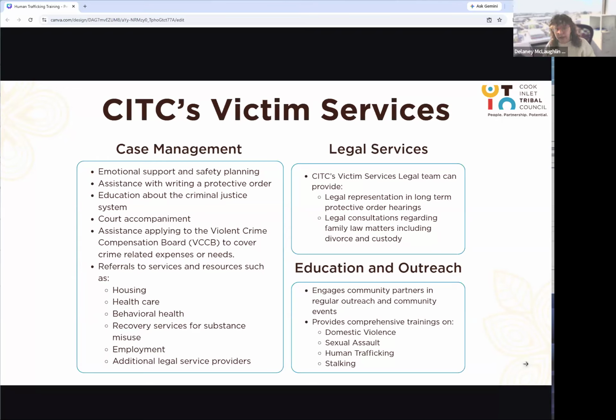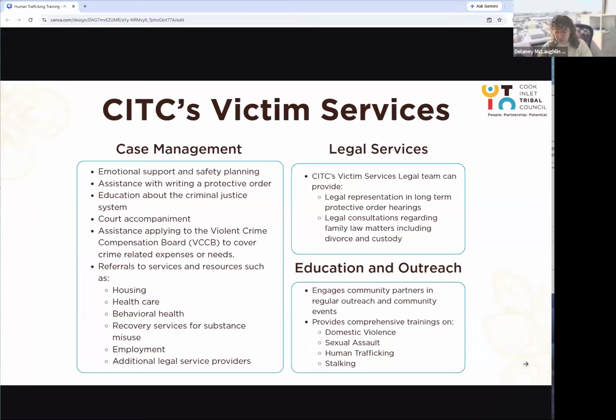emotional support and safety planning, assistance with writing protective orders, education about the criminal justice system, court accompaniment, assistance applying to the VCCB. And then we have referrals and services and resources to things like housing, healthcare, behavioral health. On top of that, we have a really legal focused scope of work. And so we have a really robust legal team that helps